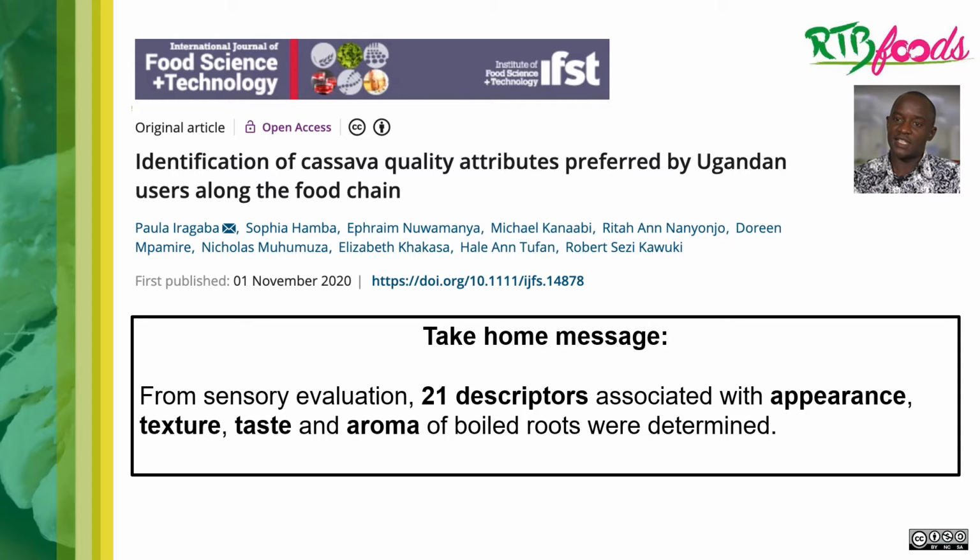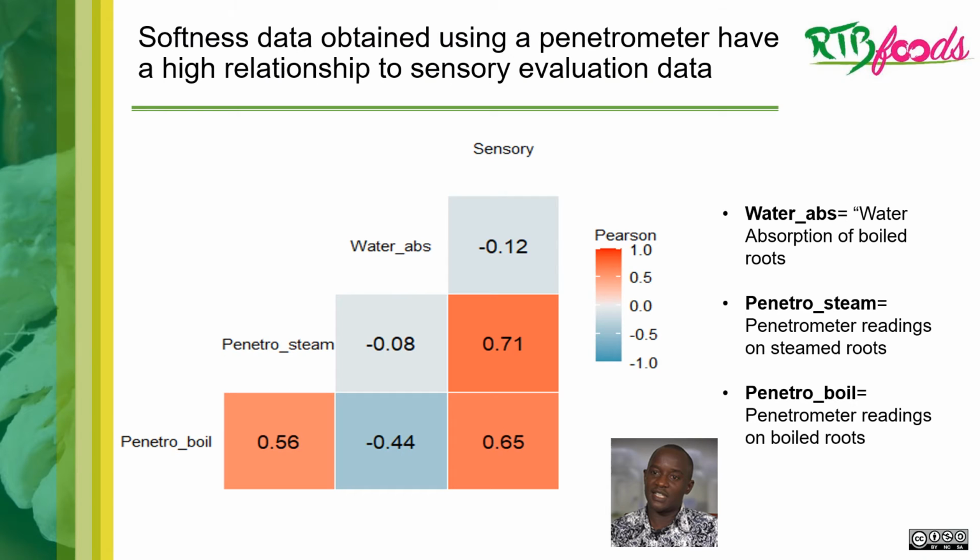Also, from the work done in Uganda, it was possible to tease out the 21 descriptors that describe boiled cassava, and these were segmented into appearance, texture, taste, and aroma. And when we try to look at the relationships between the sensory assessments and water absorption and